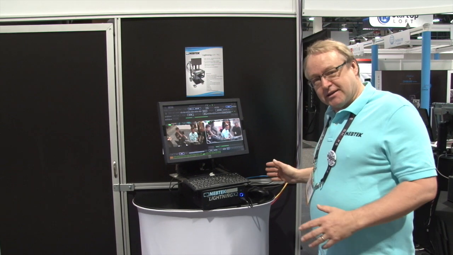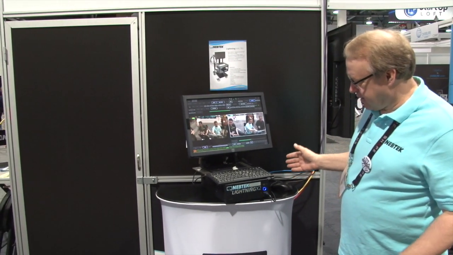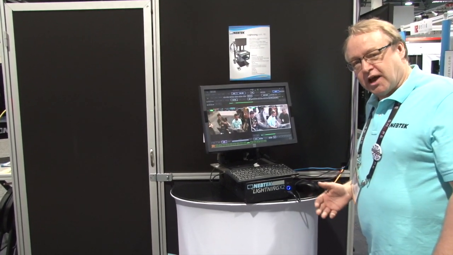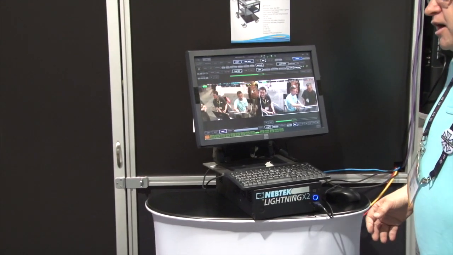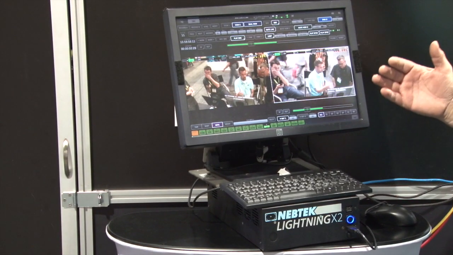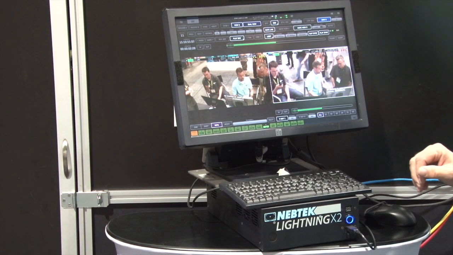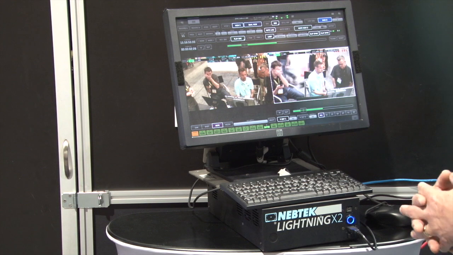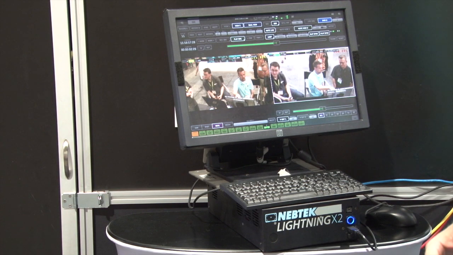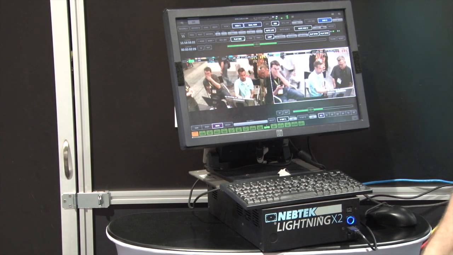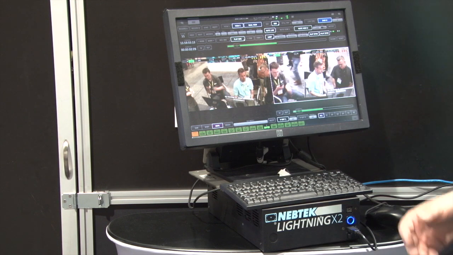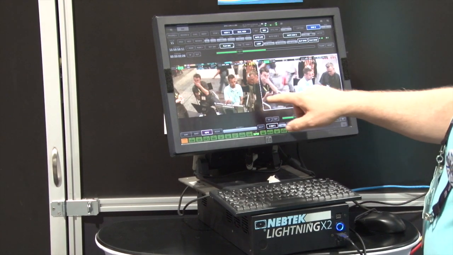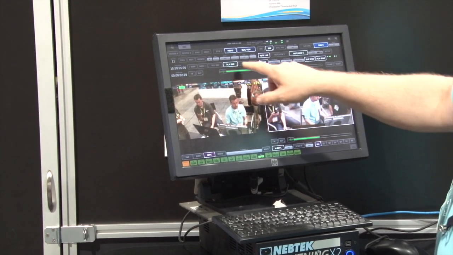This is the Nebtek Lightning, and it's a half rack wide 2-channel DVR running on an Apple computer, and it has the Nebtek Lite software. With Nebtek Lite, you have all the basic functions for video assist that you would normally have with a full Nebtek. Now we have it set up with a touchscreen,